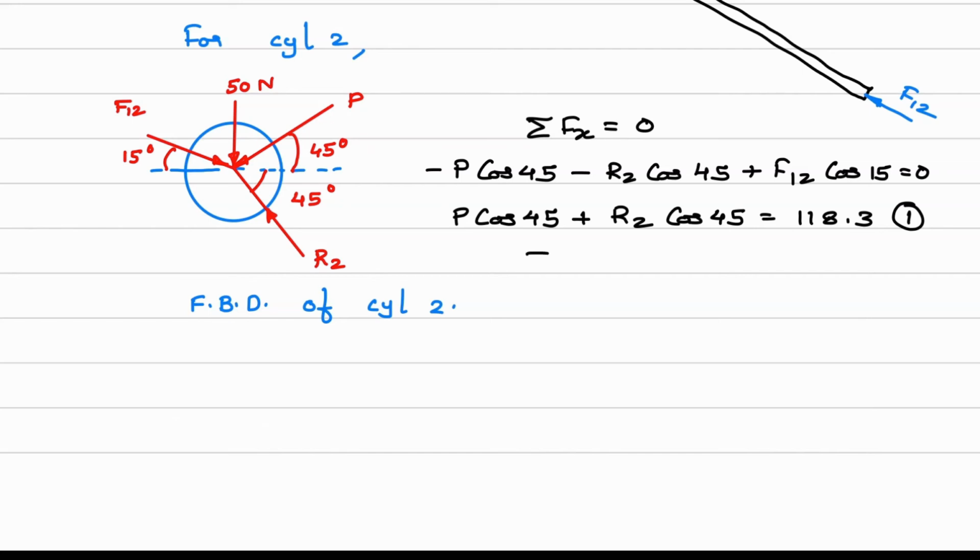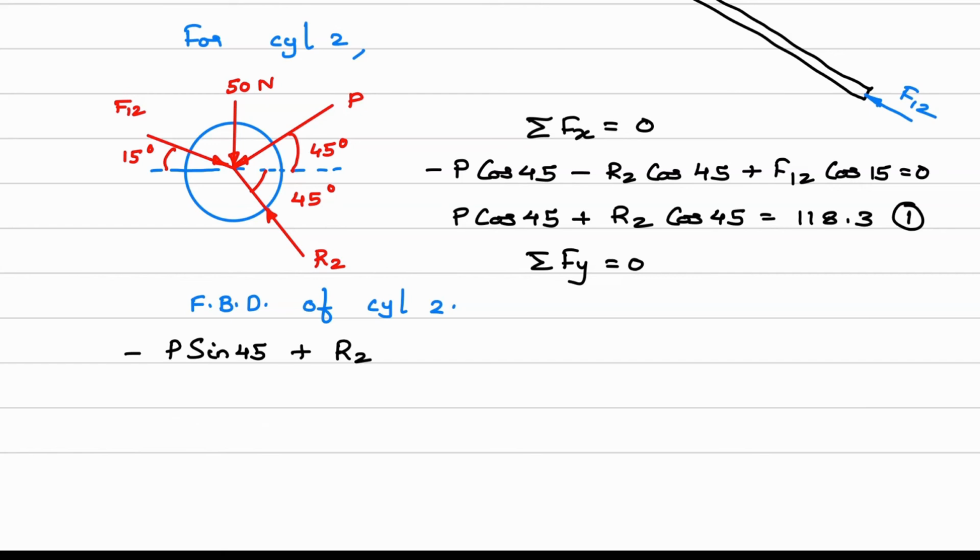Now we will consider summation Fy equal to 0. Okay, now in this case we have to consider y component. Okay, so what will be y component of this P? It will be downward. Okay, so it will be negative. I'll write it down over here, minus P sine 45. Why sine? Because angle is with respect to x axis. So x component was cos and y component is sine. Okay, so minus P sine 45. Then next is R2. Vertical component of R2 is in upward direction. Okay, so it will be plus